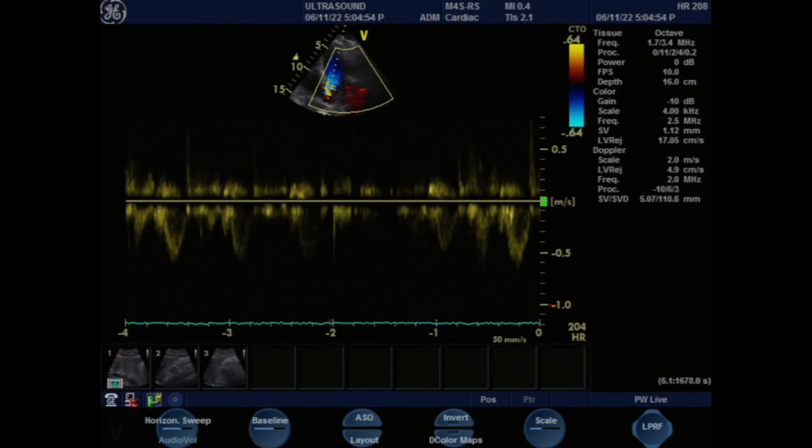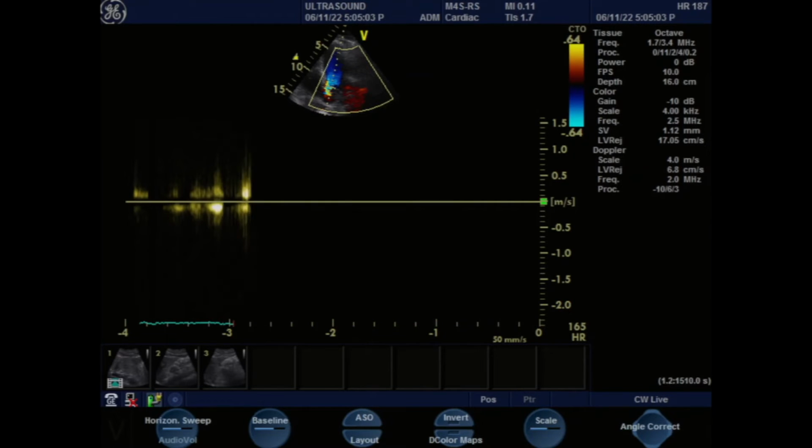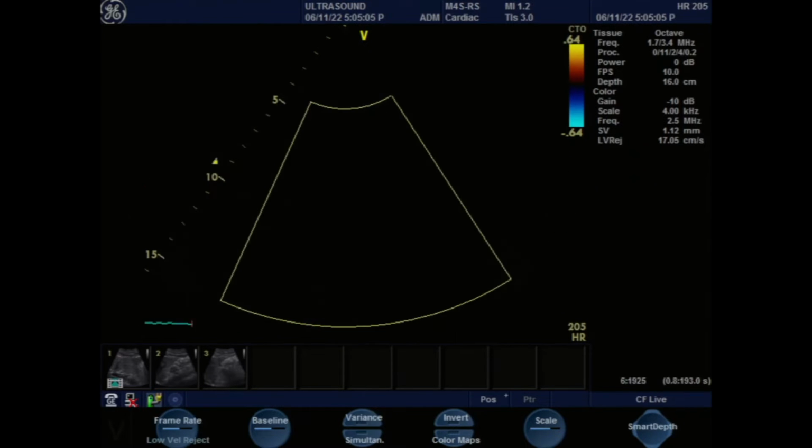I don't think we have tissue Doppler on top. You have CW, you have CW. You don't have tissue Doppler here. So this gives an idea of our